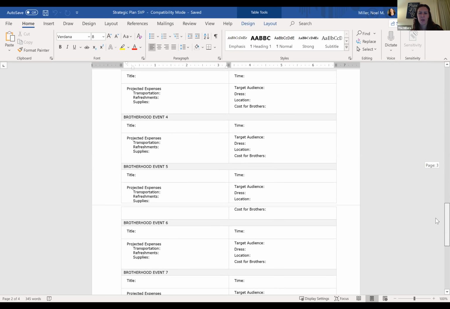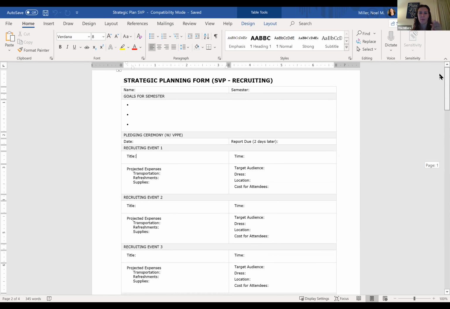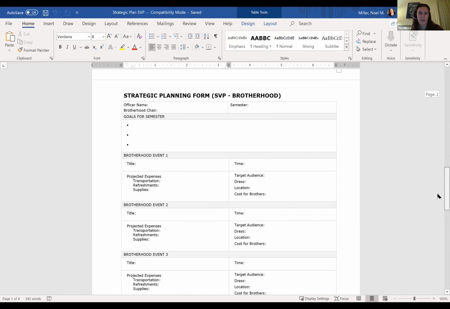So any questions about these templates? I'm not going to go through each one for every officer, but I will send them to everybody who puts their email in the chat. I will send all 10, and you guys can share them as you wish. Okay, Alexa, Adam, do you guys have any initial feedback? These look like something that would be helpful for you.